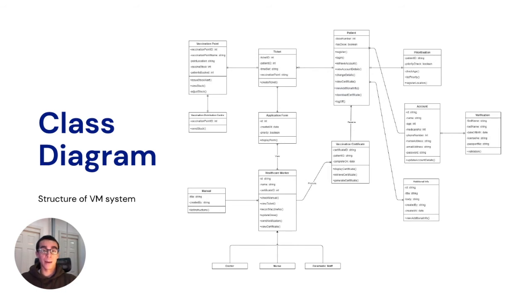From the ticket, an application form is created, listing the priority of each patient, which can then be viewed by the healthcare worker, listing the timings and patient details. Upon completion of the vaccination, the worker is then able to generate a vaccination certificate shown in the class, which is demonstrated to the patient once the process is completed, which is represented through the generate certificate and display certificate